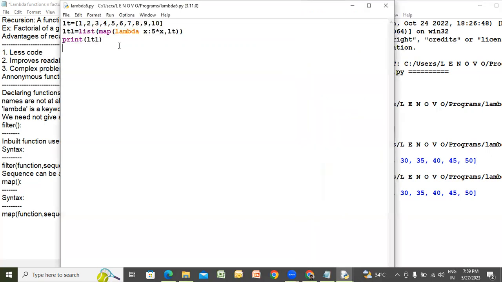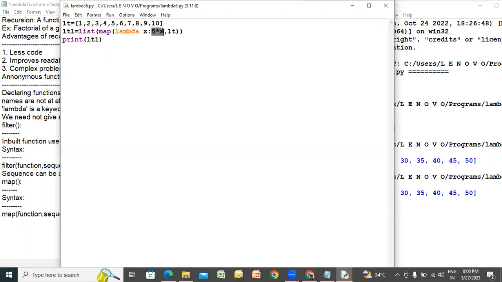In program 3, first we have taken a list. How simple to take a list like this. Then how to write a lambda function, that is an anonymous function, that is important. LT1 is equal to list of map, a function, but the function name is not there. So we take a lambda anonymous function, and it has one parameter named x. X will take all the list elements from 1 to 10, and this is the value which is